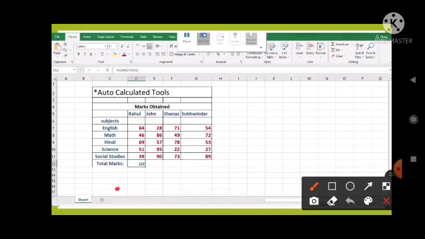So you have to choose the cell where you want to get the result. So here the cell is D12. Okay, so you are getting the values in this particular cell. Okay, so it is one example of auto calculate tools.